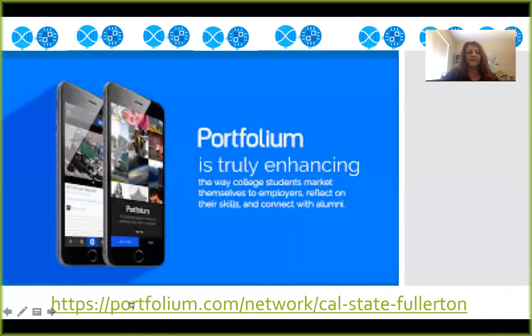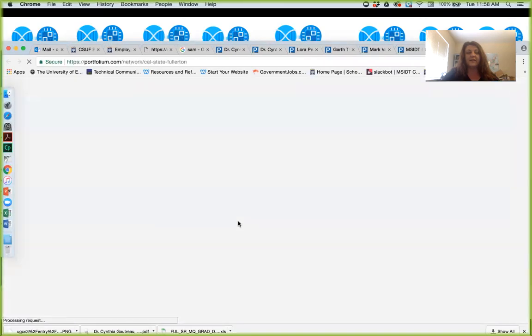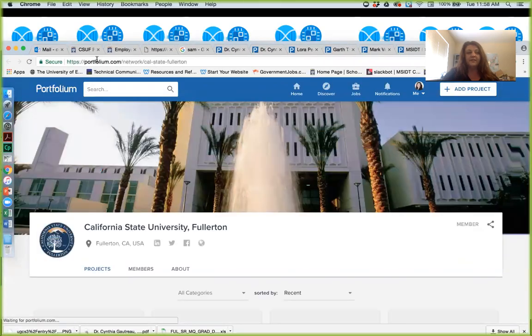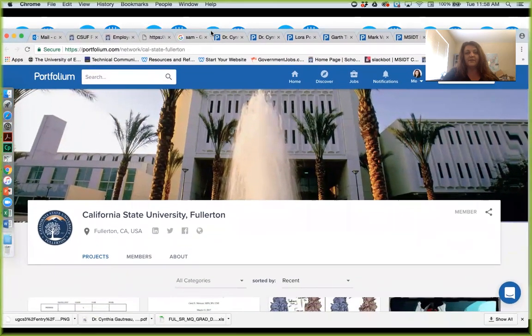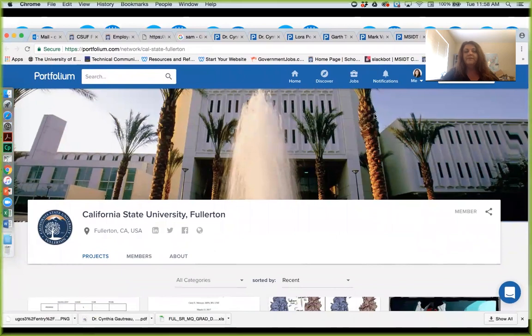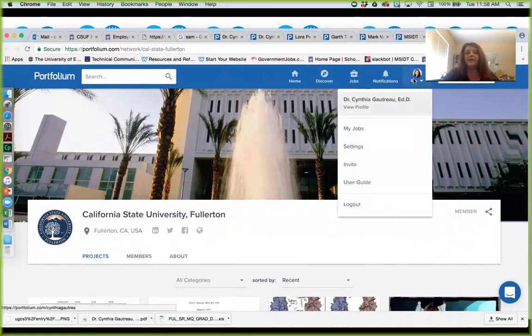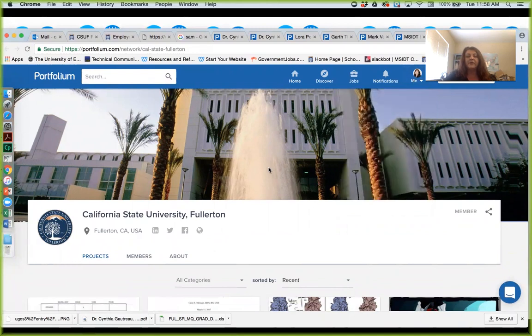All right, so let's look at how we log into Eportfolios. If you're a student at Cal State Fullerton, you just go to the Eportfolios link that I have down here below. When you click on the link, it will take you directly to the section of Cal State Fullerton. And I've already logged in, so yours will look a little different. So you just want to click here, go ahead and log in and use your Cal State Fullerton email and email login information. It will be exactly the same when you log into Eportfolios,